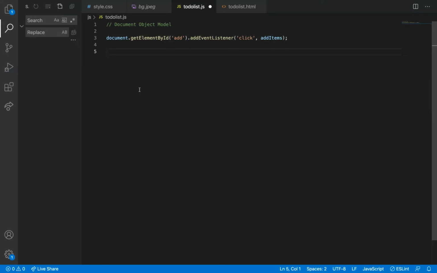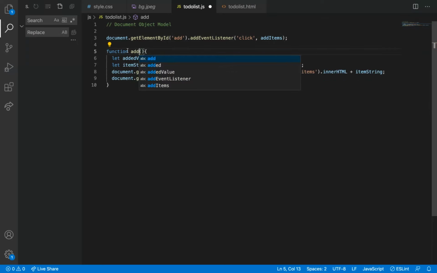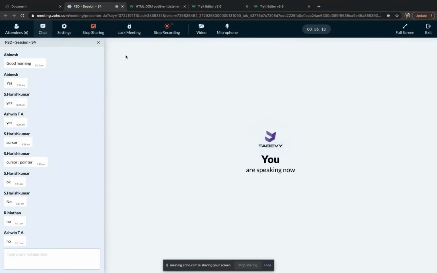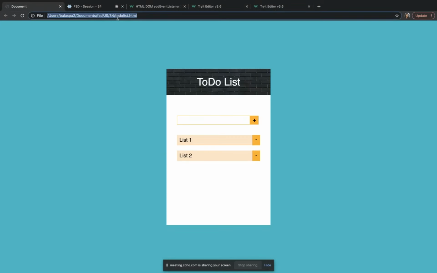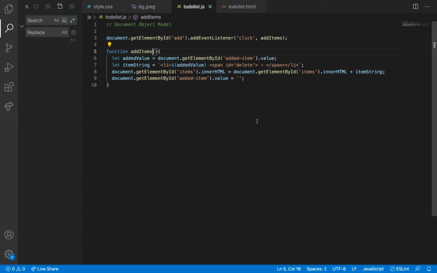So there's nothing, we are adding a function. So it is happening as per the expectation. Fine.